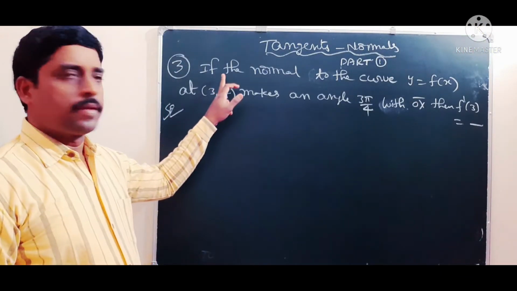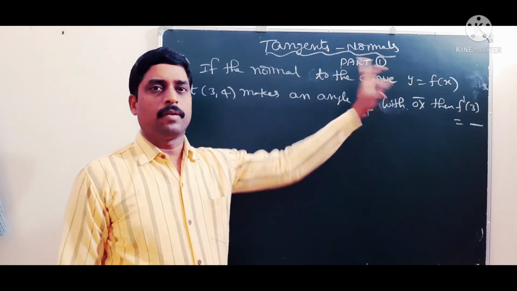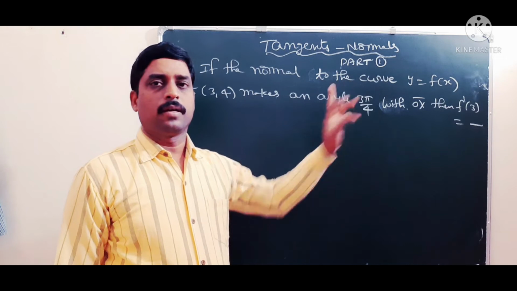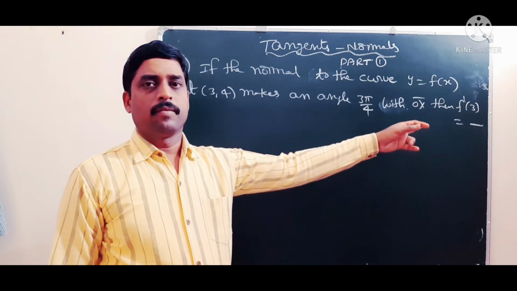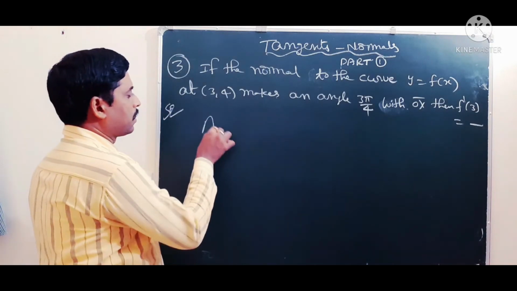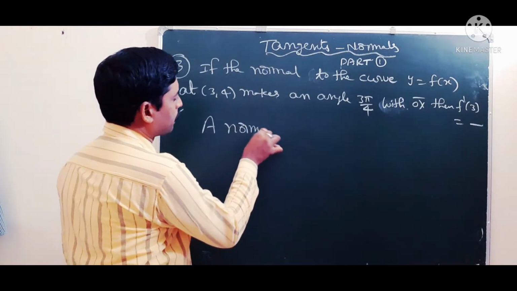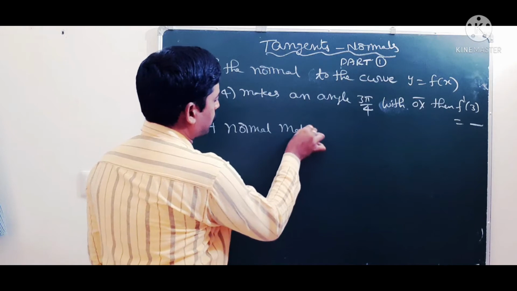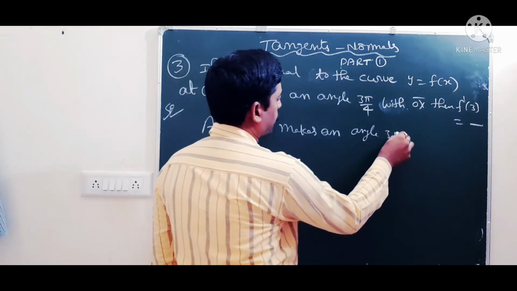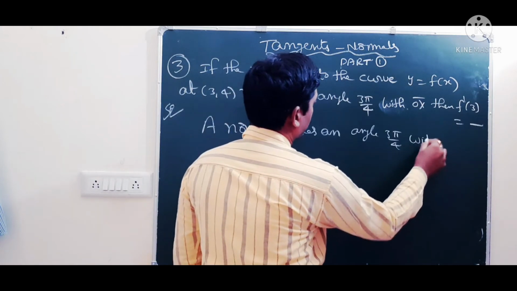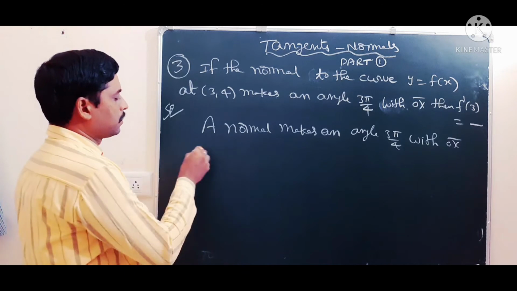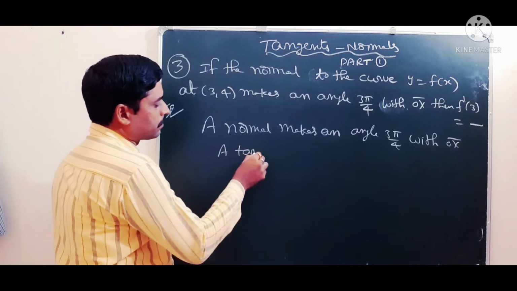What is given? If the normal to the curve y is equal to f of x at (3, 4) makes an angle 3 pi by 4 with the x-axis, then we have to find f dash of 3. Okay, so what is given? A normal makes an angle 3 pi by 4 with the x-axis. This is nothing but a tangent